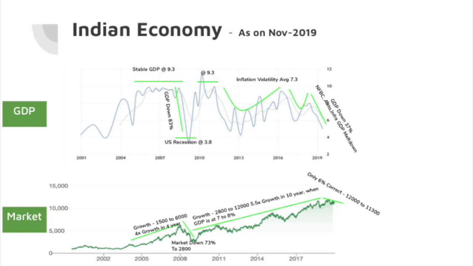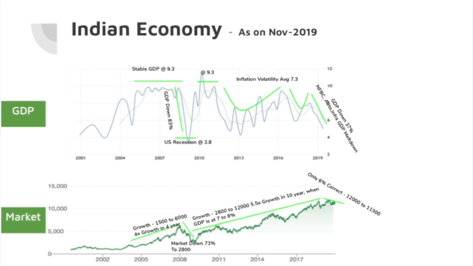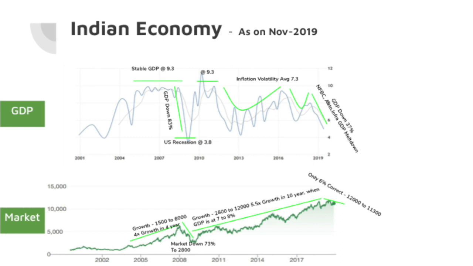And from there on, we had a lot of stability in our economy, right? That moved the market very quickly in a couple of years, from the GDP bottom of 3.8% to 9.3%, right? Which means it was back to normal. And from there, that is exactly from 2010 till 2019,